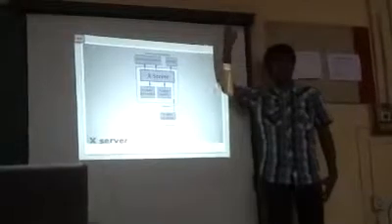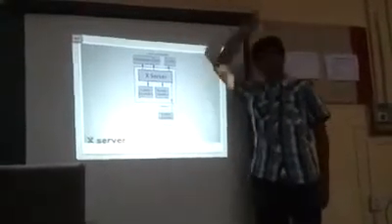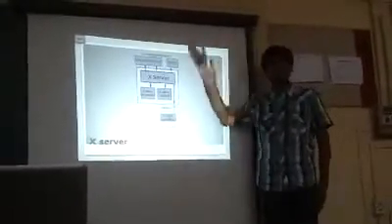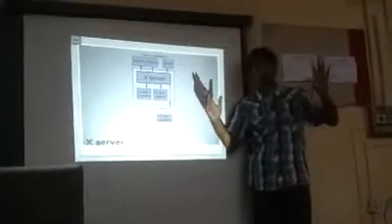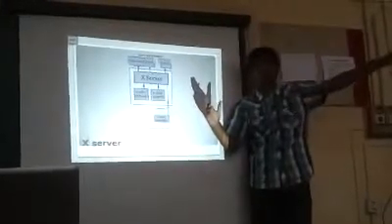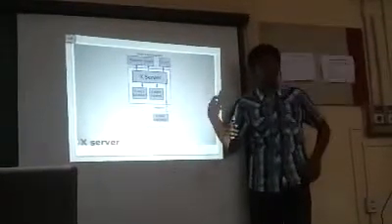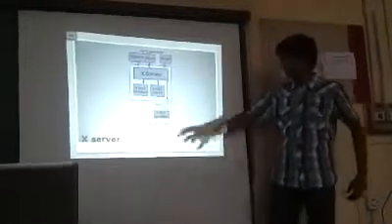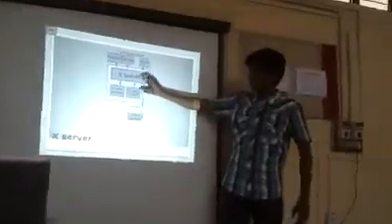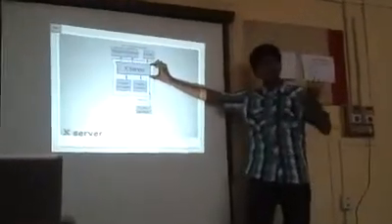The X server is actually a project done by MIT in 1984 or so. That project was made for remote host, remote desktop access. What they did was run an instance of this X server on your local machine. Suppose I want to access this desktop on this desktop.